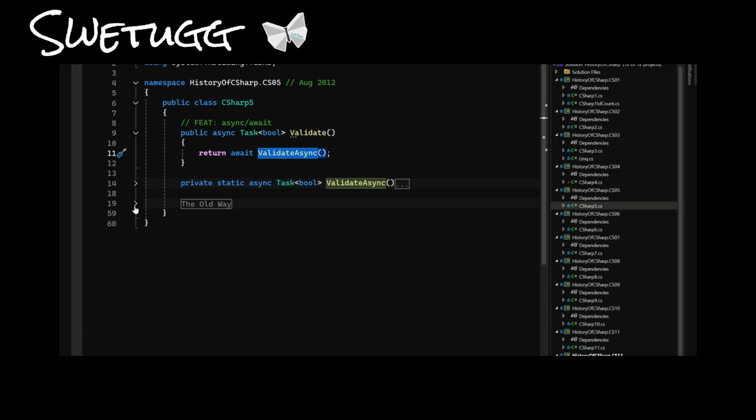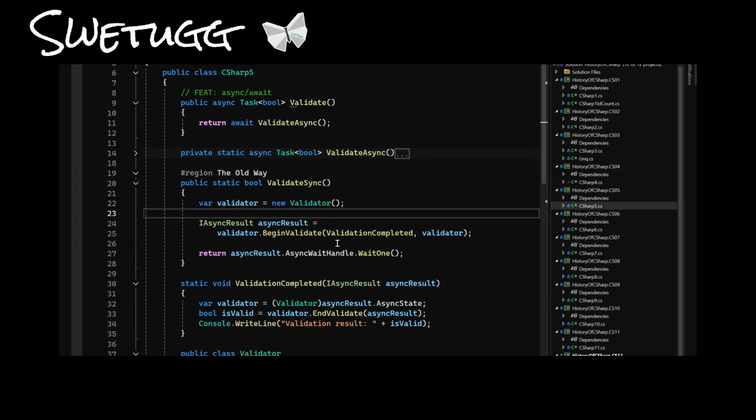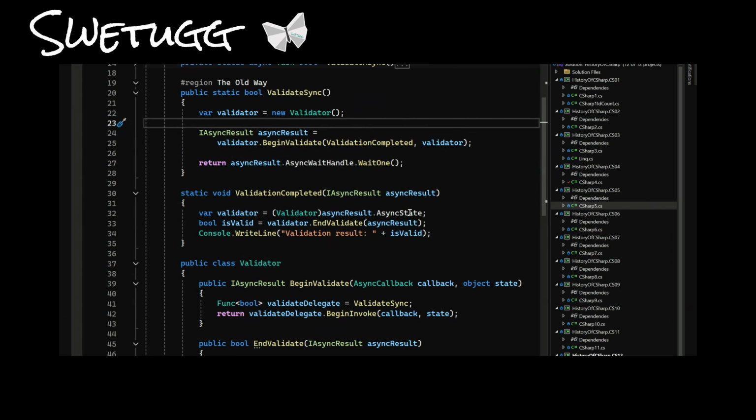And this is very good to compare to the old way, where the pattern of doing things async was actually this. I looked up some old code where you had to have an async result and some kind of a validator. The validator is my class, but the pattern was that you begin validate and then you send in a reference to a function that is called when the awaiter is done, and